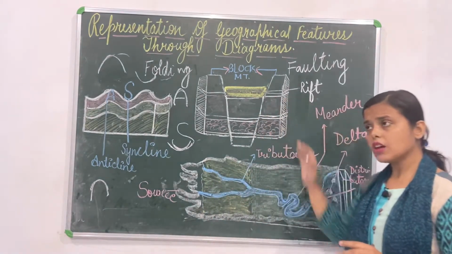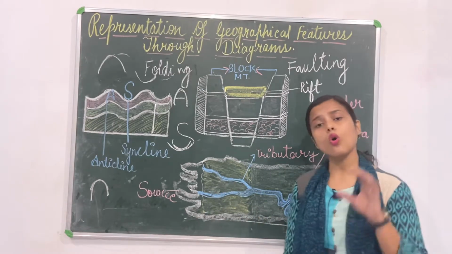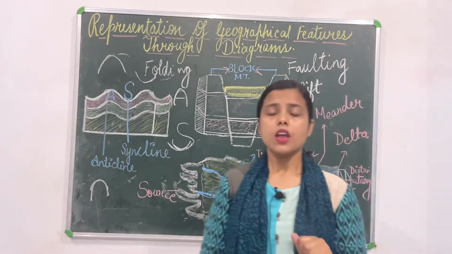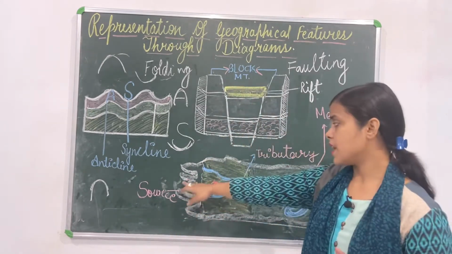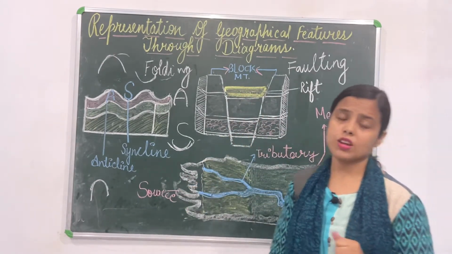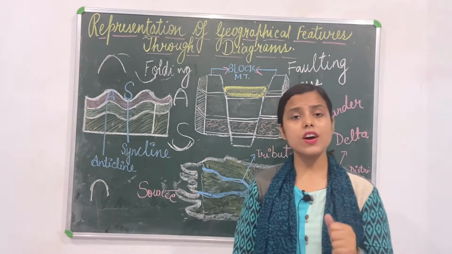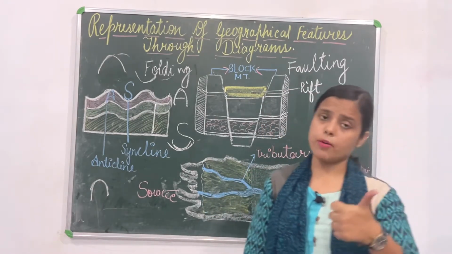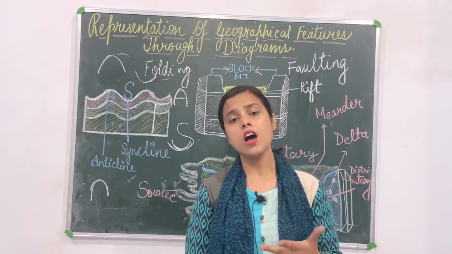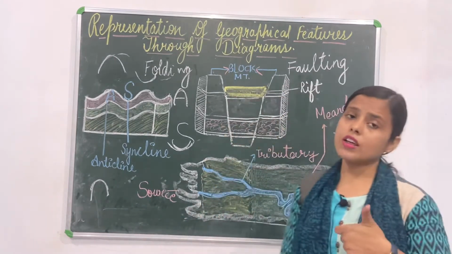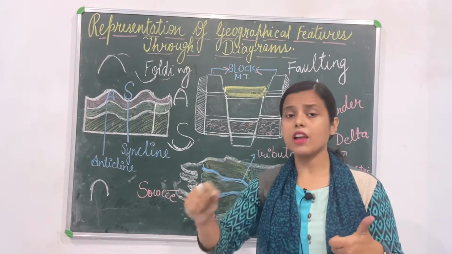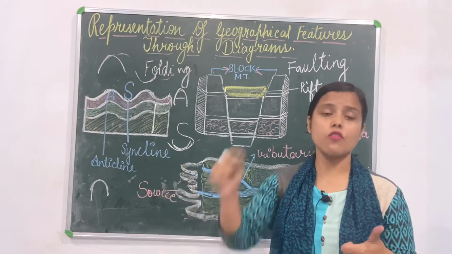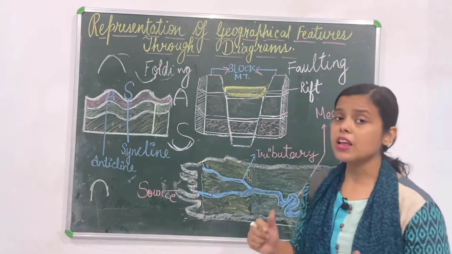Moving to our third diagram is the course of a river. Now, the main source of a river is from the mountain, snow-capped areas, mountainous areas, and a river has three courses: upper course, middle course, and the lower course. Upper course can be defined as where it originates and forms a canyon shape or waterfall shape, and middle course is